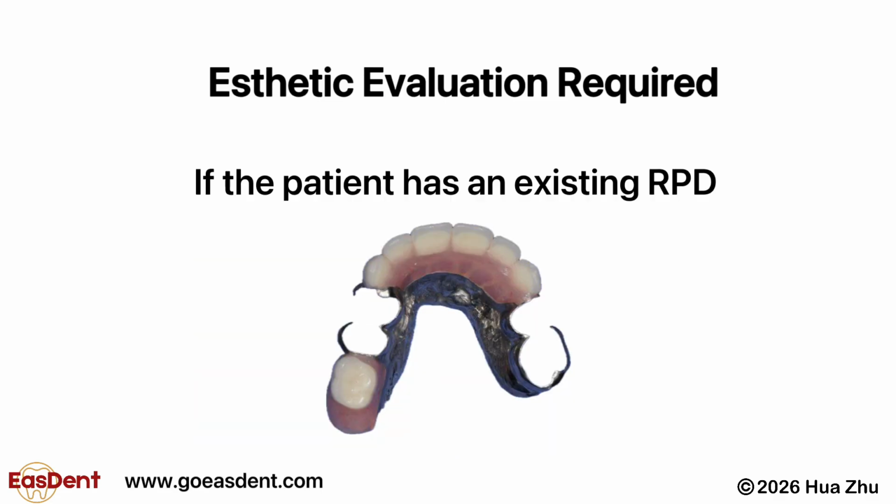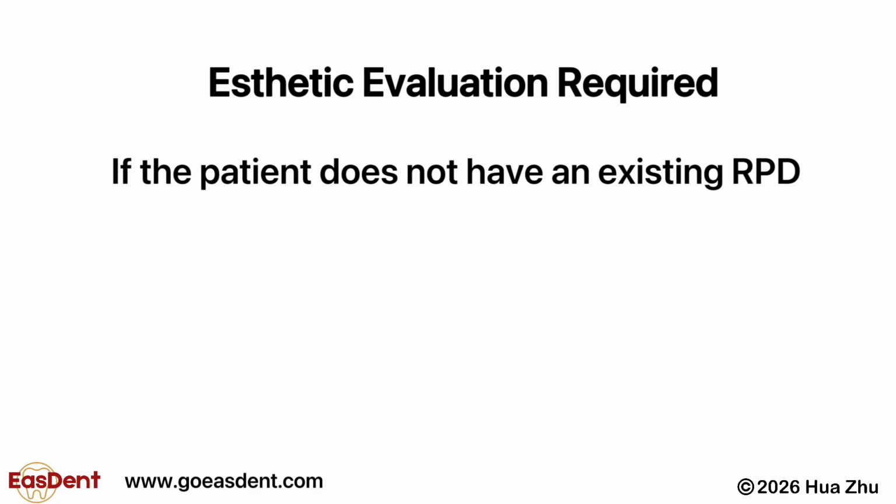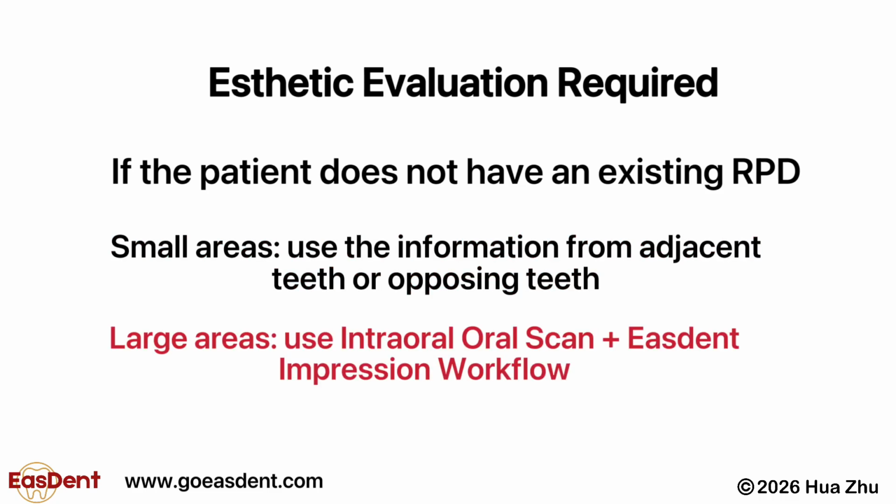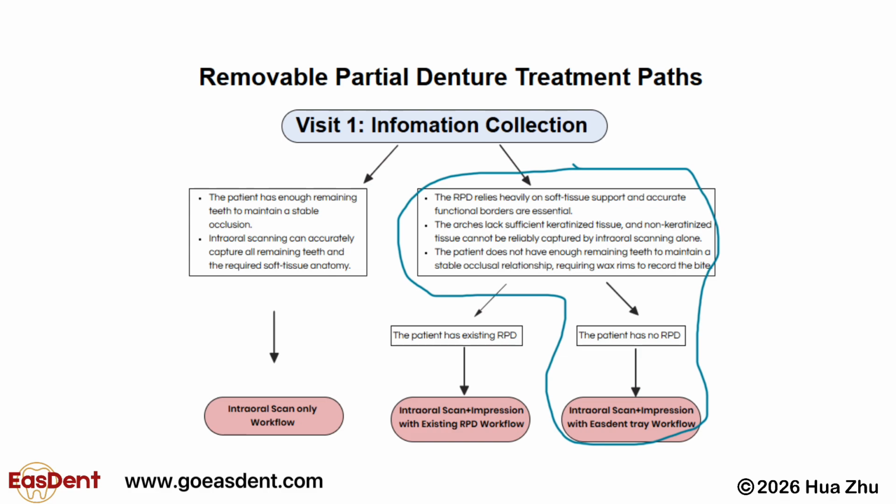If the patient has an existing RPD, ask the patient whether they are happy with its appearance. If the patient does not have an existing RPD, for small aesthetic areas, you may use adjacent teeth or opposing arches as reference to select denture teeth and tooth position. For larger aesthetic areas, the anterior teeth on the Easdent impression obtained by using intraoral scan and impression with Easdent